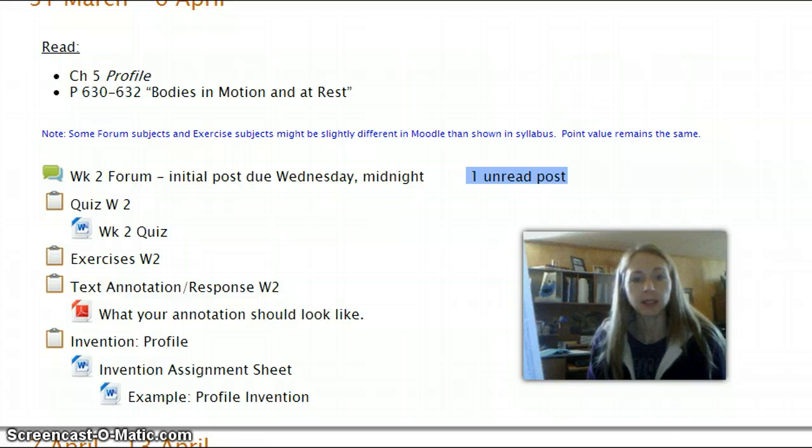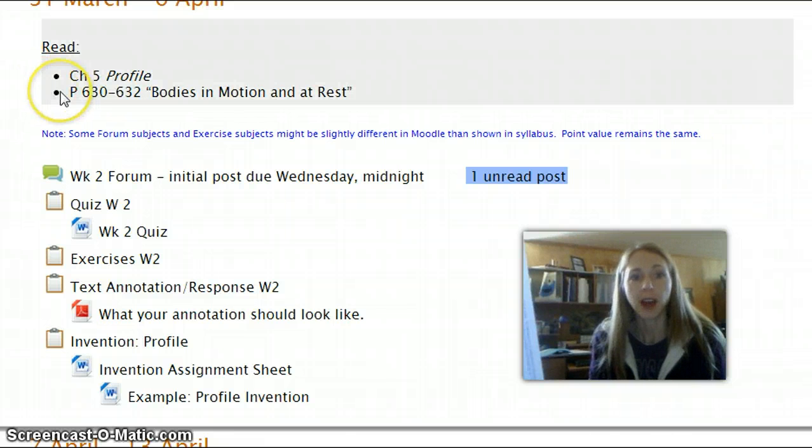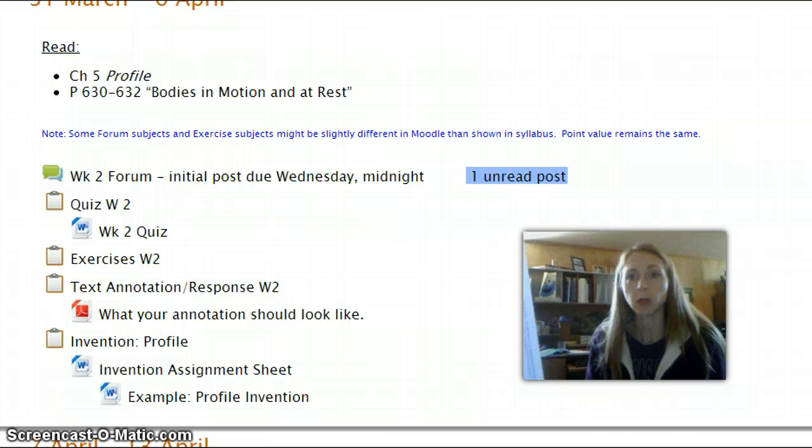So to summarize this short video, we've looked at profiles, how they point out a larger issue to the audience. It's more than just a report. And then we've also talked about invention and how invention is going to help us prepare to write and make our writing even more focused and stronger, and in the end it saves you time. I think you'll come to really appreciate invention. You've already used it in your business writing in week 1. You'll use it in your business writing next week again, and in all the essays that we have coming up.